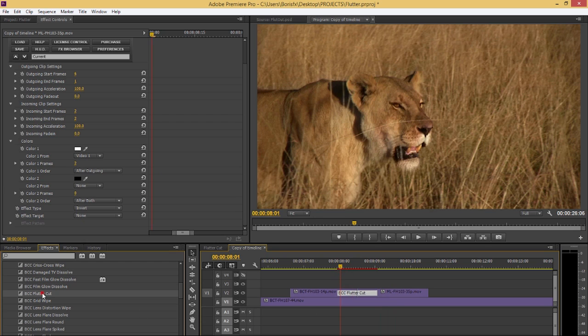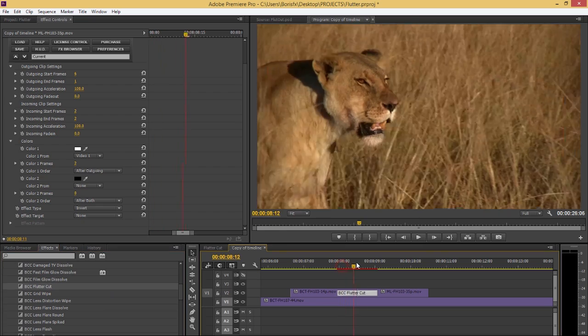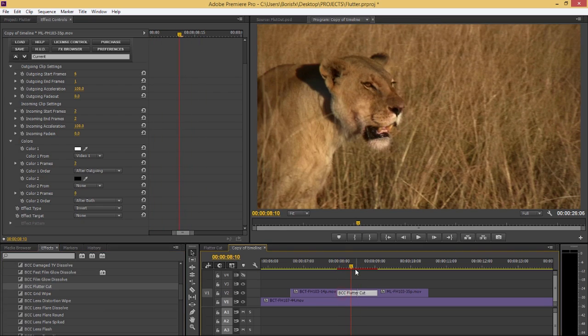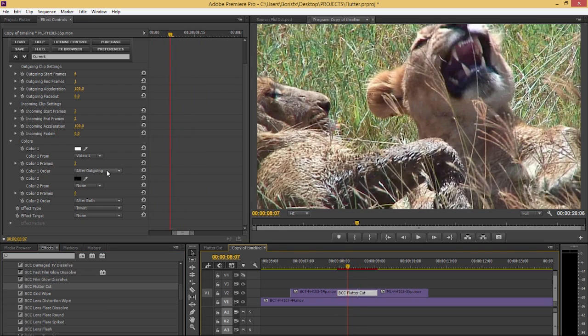Also, keep in mind that this Flutter Cut transition can also be used as a filter. So you can use it to actually just generate strobe kind of effects in the footage. Not going to get into that now, but it'd be the same kind of thing you're doing here. It's the same UI for the filter. Anyway, so you can use footage instead of a color, but let's go back to making this just white,